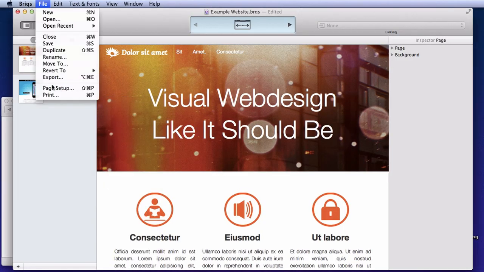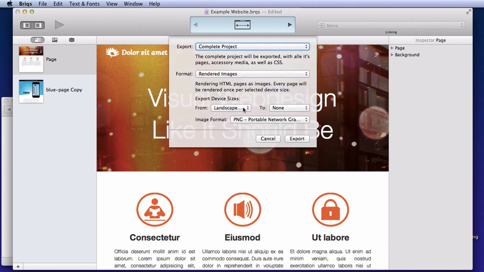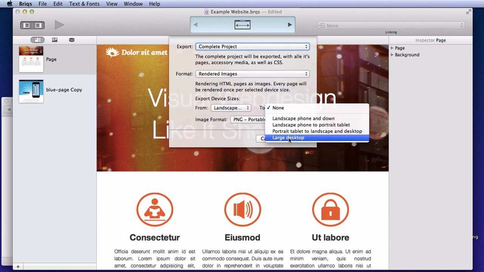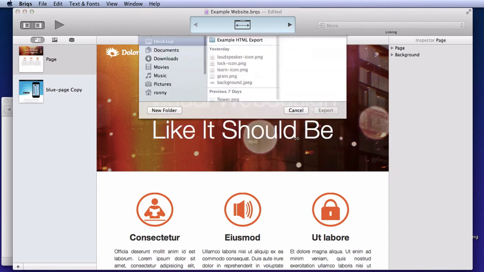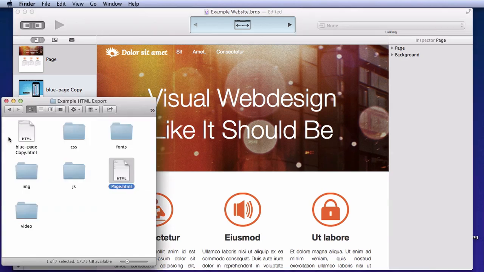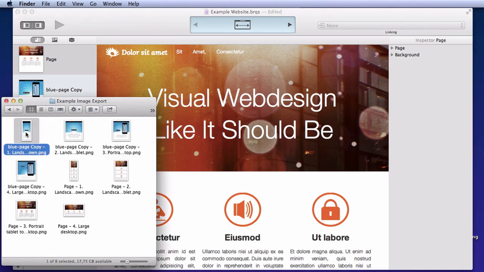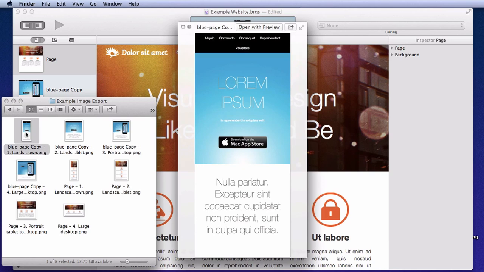But there's another handy export feature. If you don't want to give away fully functional code directly, for design approval for example, you can export your project as rendered images. Choose which device size you want to have rendered, then export. Calling it example image export this time. And there we are. We've got all our pages rendered once per device size,